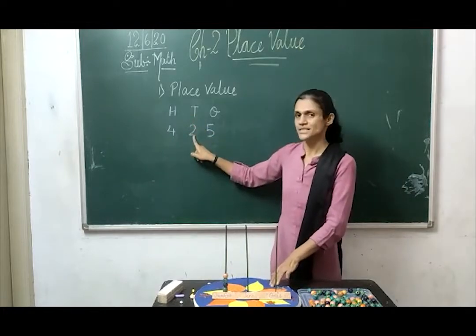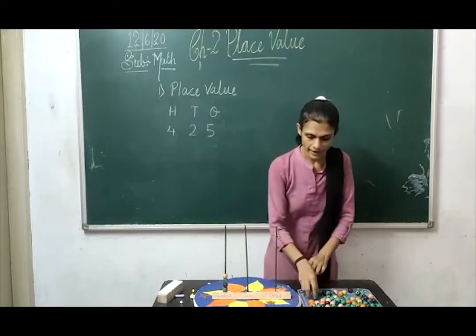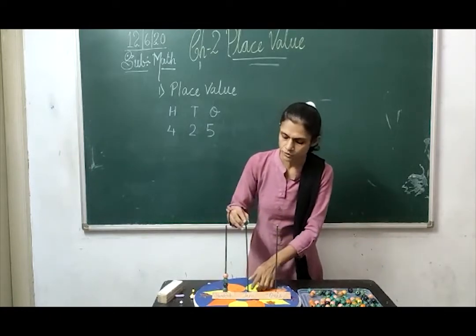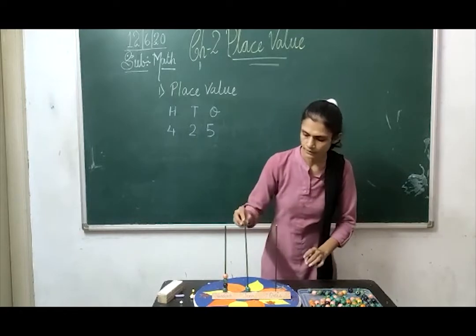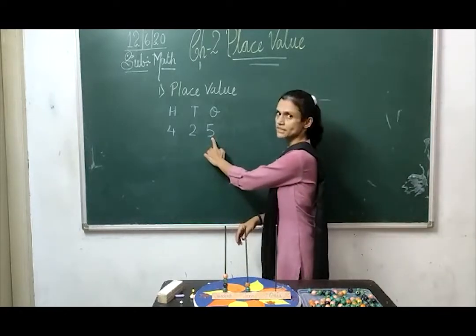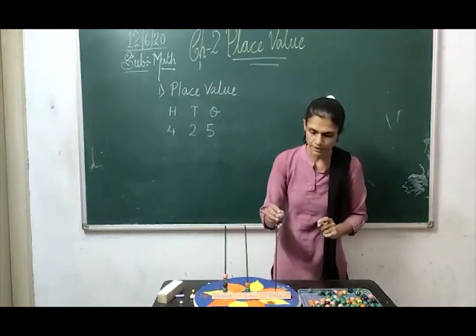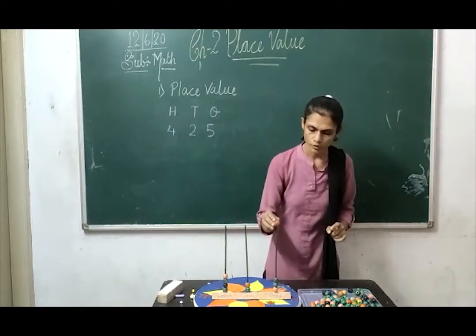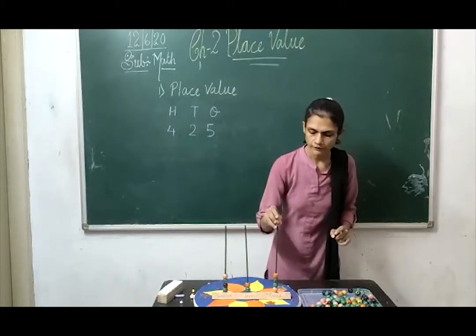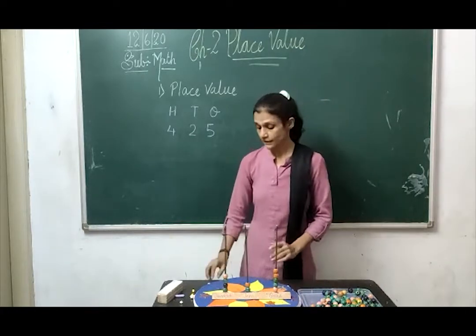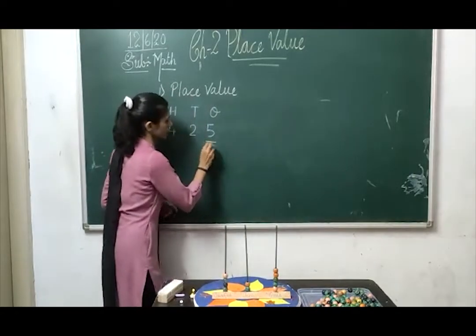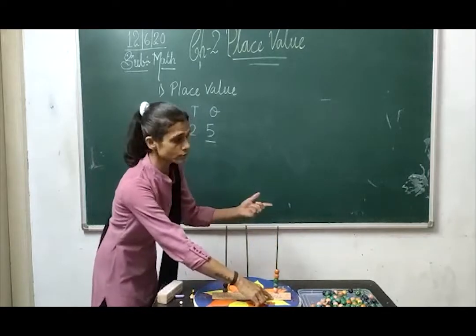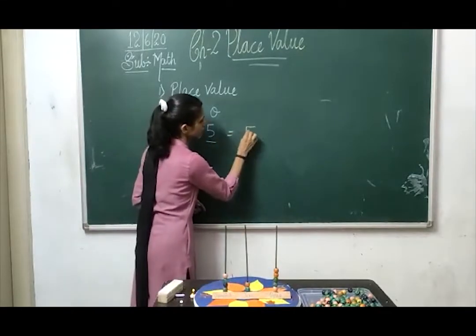Now what is in the tens place? In the tens place it is given 2. Here I have written tens, so this is the spike of tens. So I will put 2 beads over here. Then in the ones place how many beads were there? 5. So in the ones place I have to put 5: 1, 2, 3, 4 and 5. So if I underline here, what is 5? 5 is ones. So how to write 5? I will write directly 5.